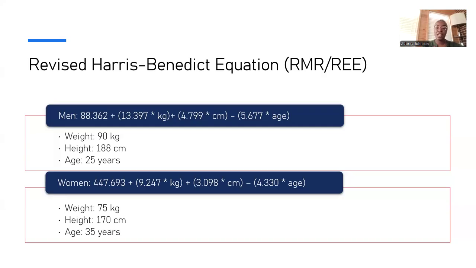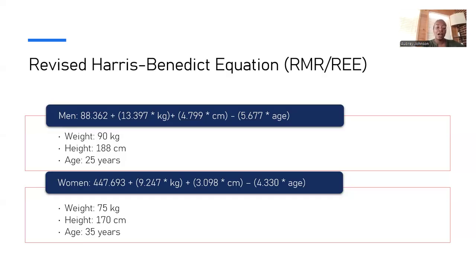So for the revised Harris-Benedict equation, we actually have two equations, one for men and one for women. And since we have the sex taken out of each equation, we can just focus on the terms weight, height, and age. I just want to explain the importance of some of these terms. So we see that the constant, or just the numbers with no terms by it, we see in men that it is 88, and for women, it is approximately 447. So from the jump, it kind of looks like women are going to have a higher resting metabolic rate,